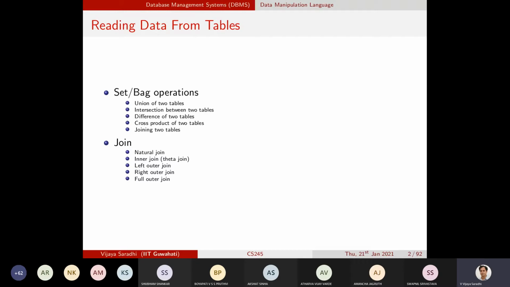But now we will focus on operations that involve two or more tables. For understanding and example purposes, we are taking two tables alone in this particular class, but this discussion can be extended to more than two tables.